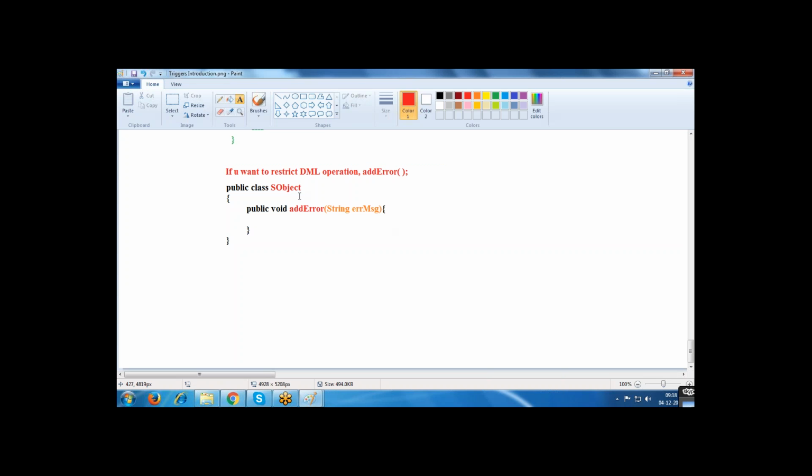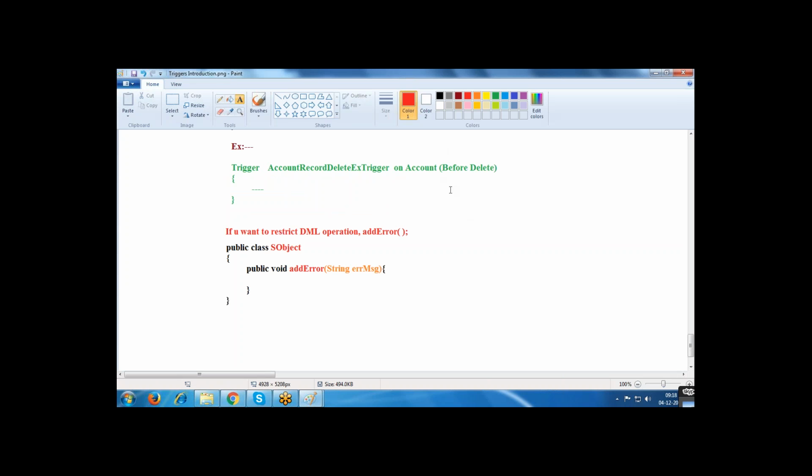Now, sObject is a class. It is a parent for every class.